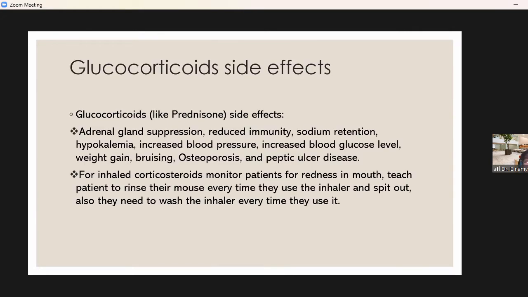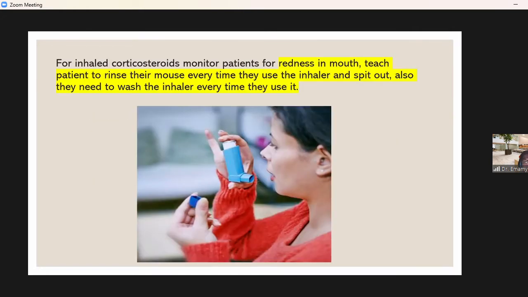For inhaled corticosteroids that you give for treatment of asthma. If you remember from Pharmacology 1, you gave your patient some anti-inflammatory drugs like glucocorticoids, to decrease the swelling inside of the respiratory tract. And you also give your patient bronchodilators, for example, albuterol, that is a short-acting beta-2 agonist, or salmeterol, that is a